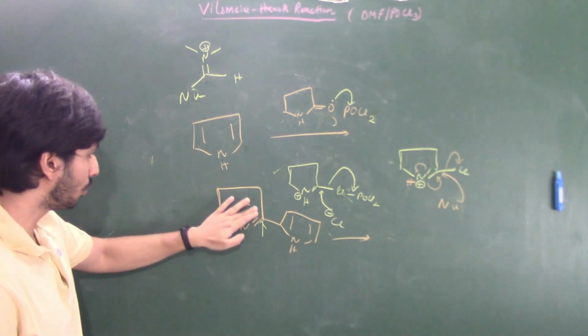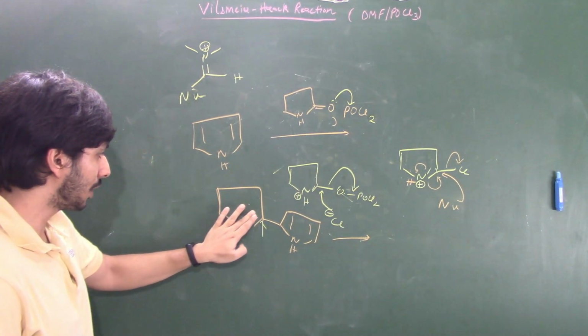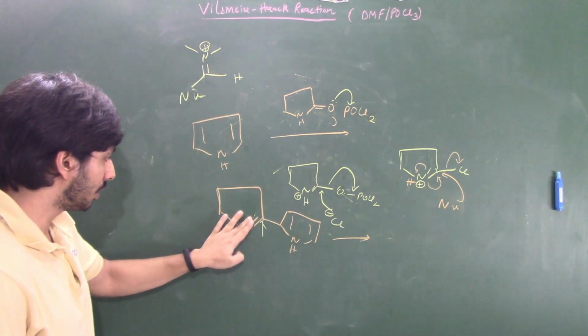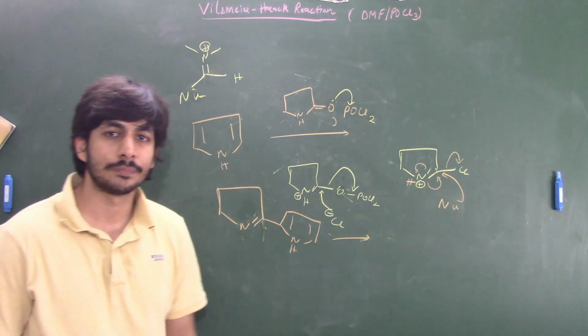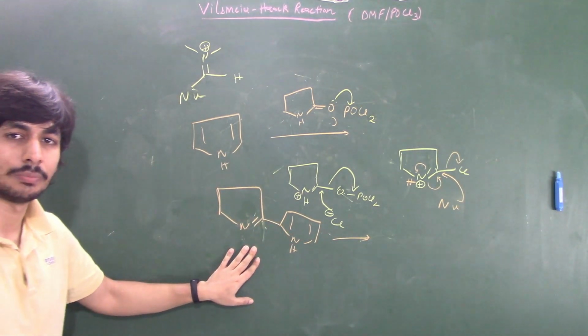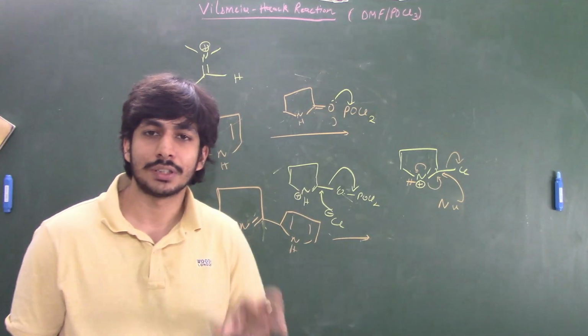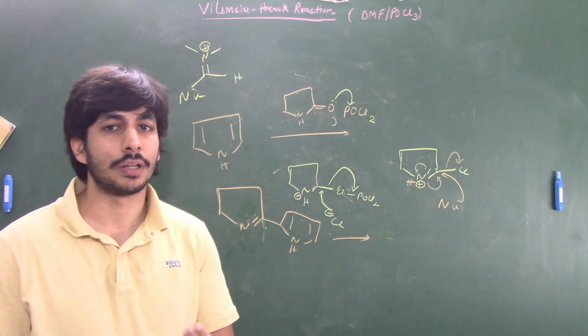So the final product over here would be that the water molecule that we are adding will actually convert it into a simple imine. So this will be the product. This will not convert into a carbonyl, because the cyclic imines are quite stable. So that is why I was saying that the mechanism of the reaction is very, very important.